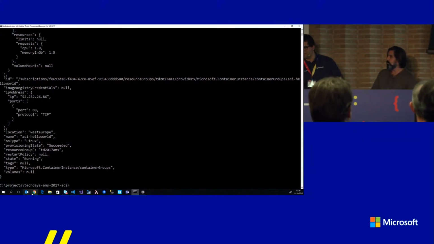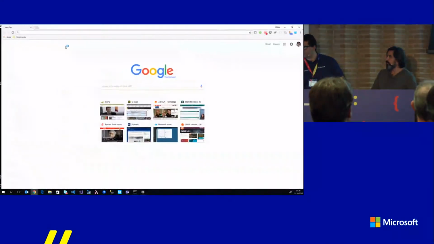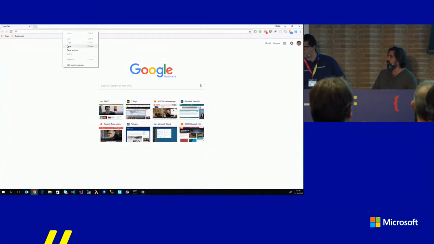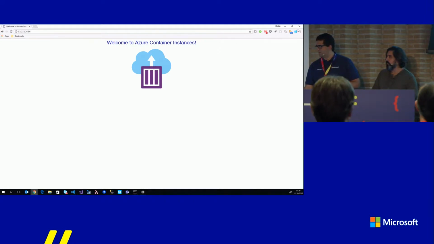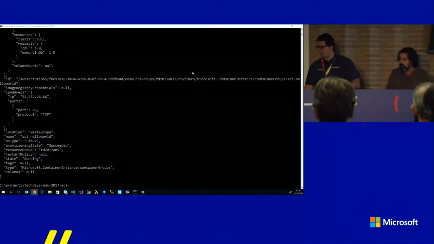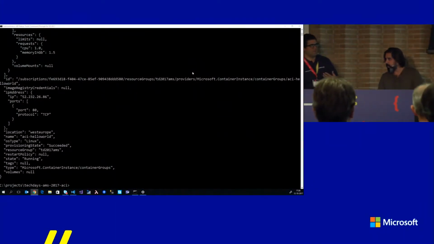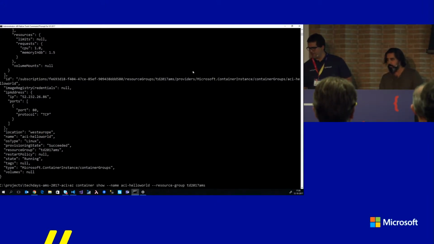So I can just grab this, and I'll move a window over here. Go here, and boom, that's it. It's really straightforward. So this is one of the most simple ways to deploy a container in Azure Container Instances. Another interesting thing that you can do is also check what's happening inside the container while it's running. So again, we can go here to the command line and say, show me the logs instead.